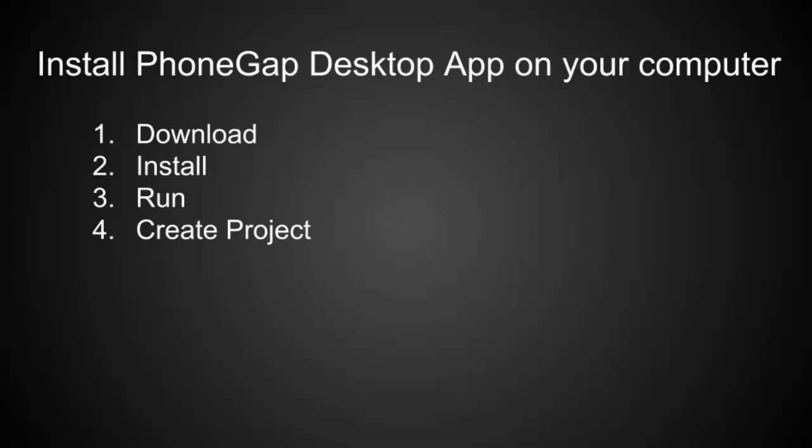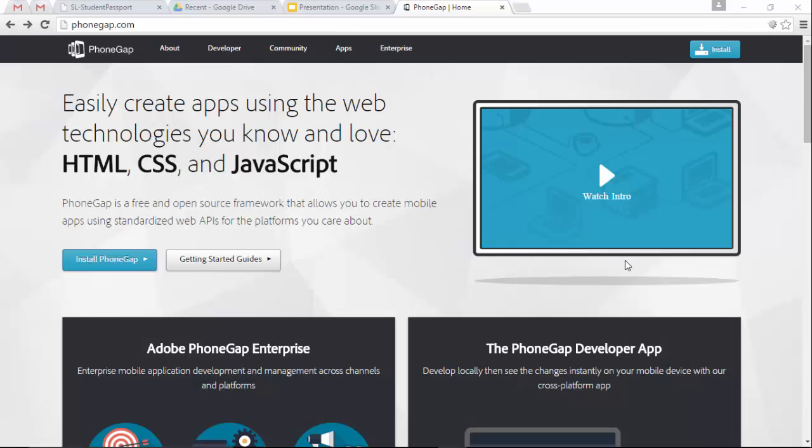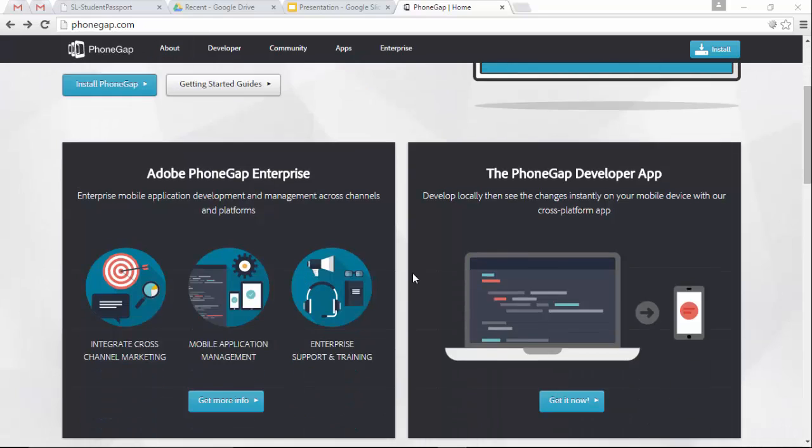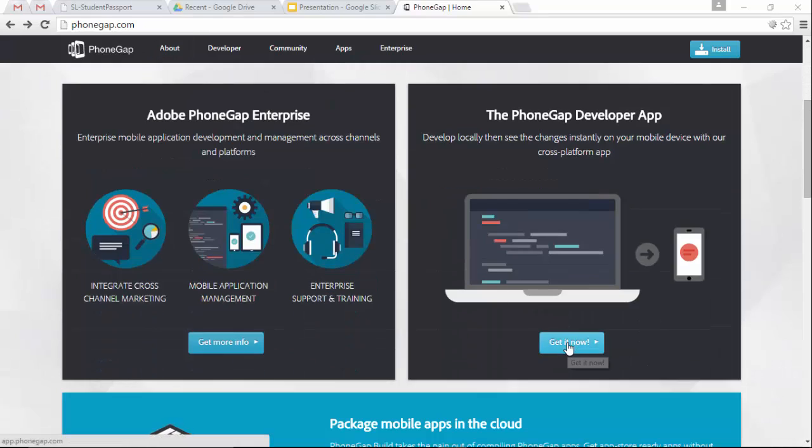So the first thing we're going to do is install the PhoneGap Desktop App on your computer. And we'll show you how to download it, install it, run it, and create your first project. So you go to your PhoneGap.com website, and there you'll find the PhoneGap Developer App on the home page. Just click Get It Now,